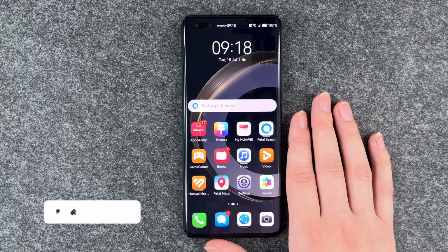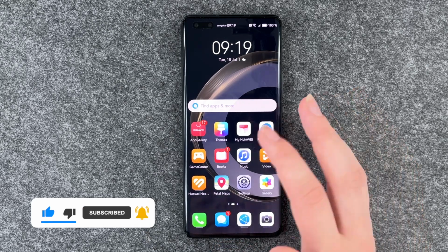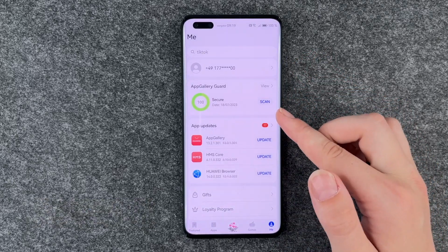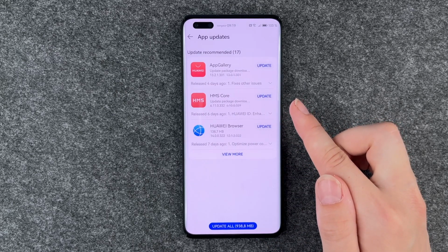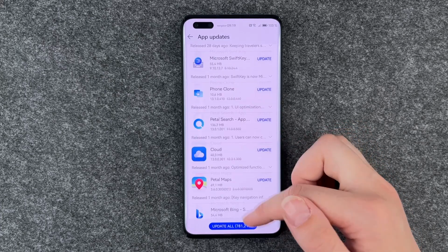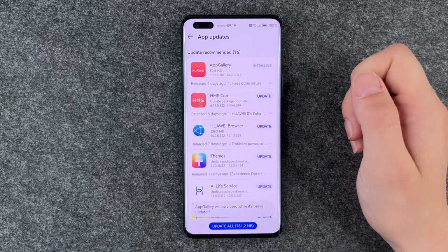Huawei Nova 11 Pro. Maybe something doesn't run as smoothly anymore, maybe you just want to look for an update or whatever it is. You need to go to your app gallery, go to your profile, and then you have app updates here. And you see we have 17 updates recommended, few more, and these are all the updates we have available, and we can go ahead and update one just for